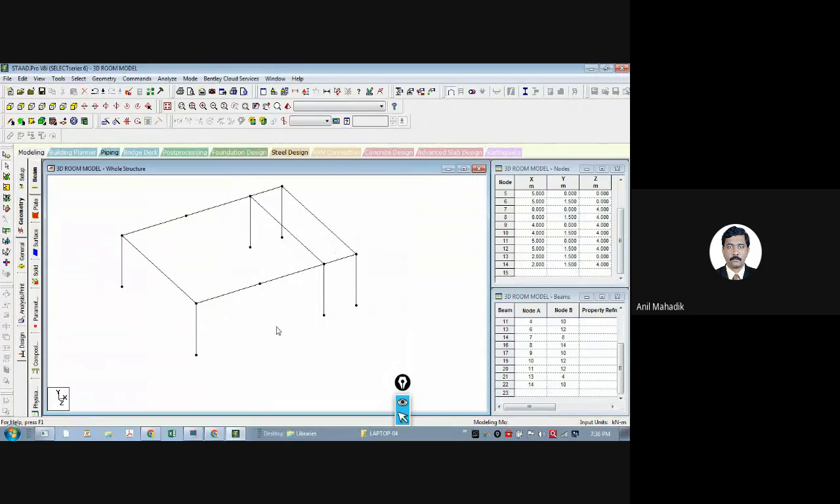Okay. Sir, can we select both of these beams once and insert both nodes together? Yes, we can. So next step, let's select all the two beams because I know that the span